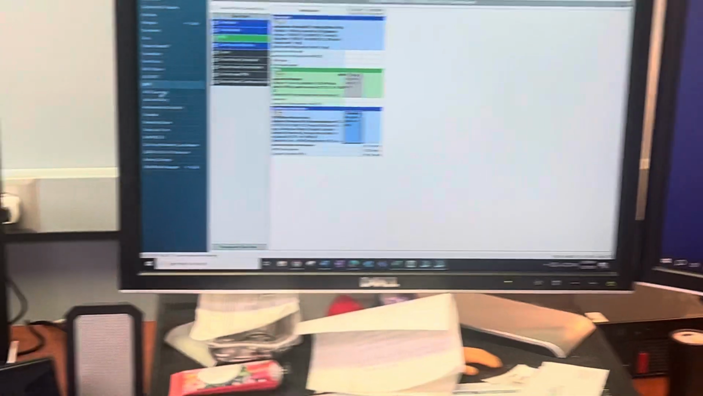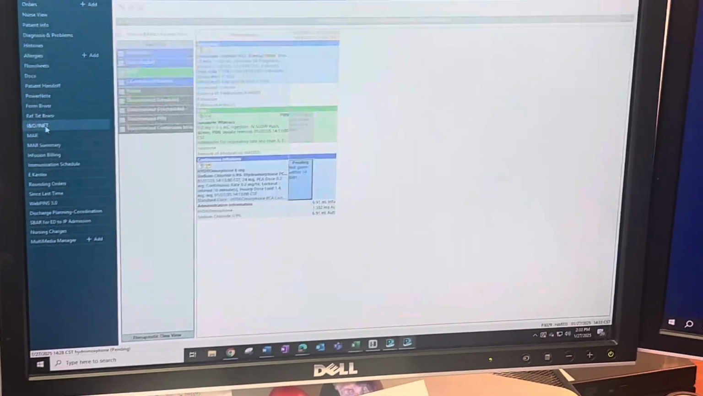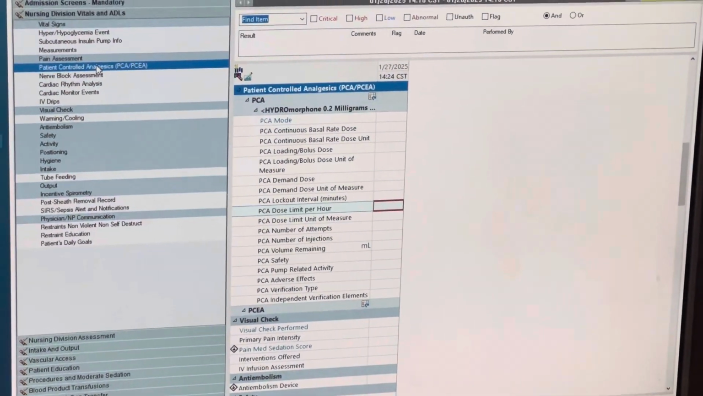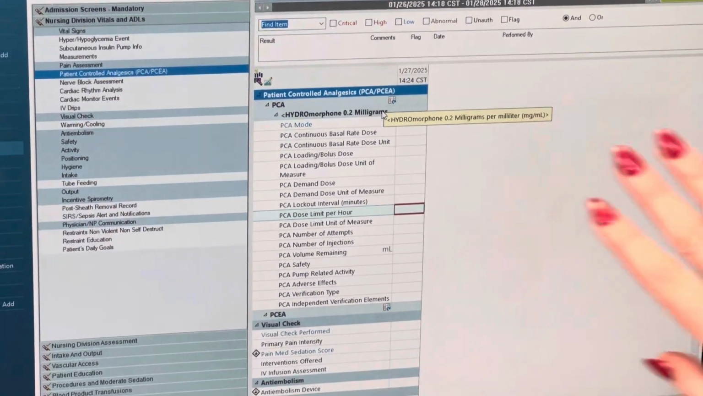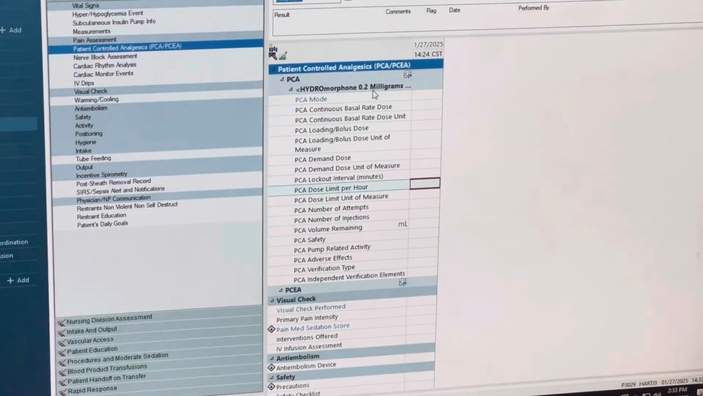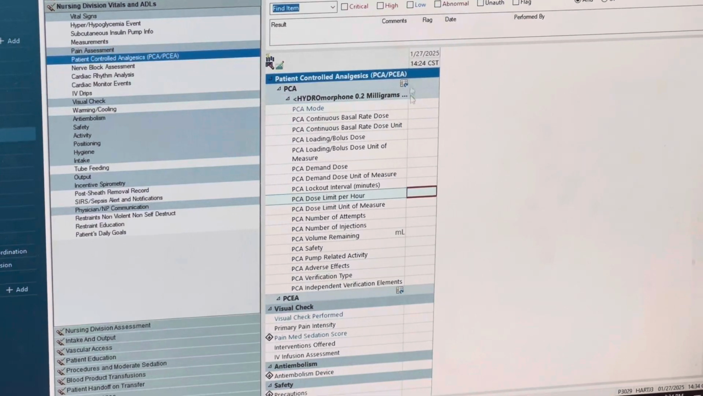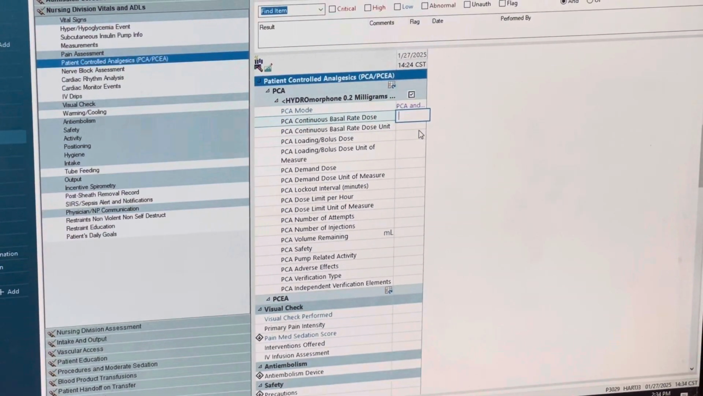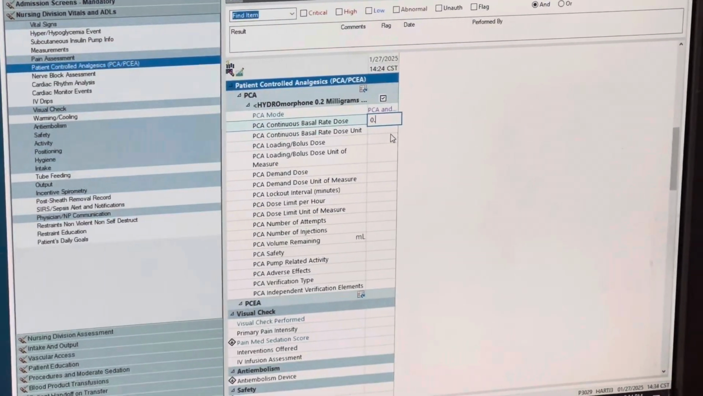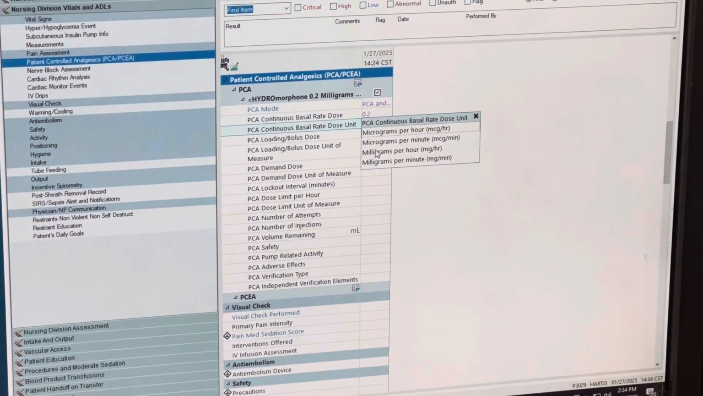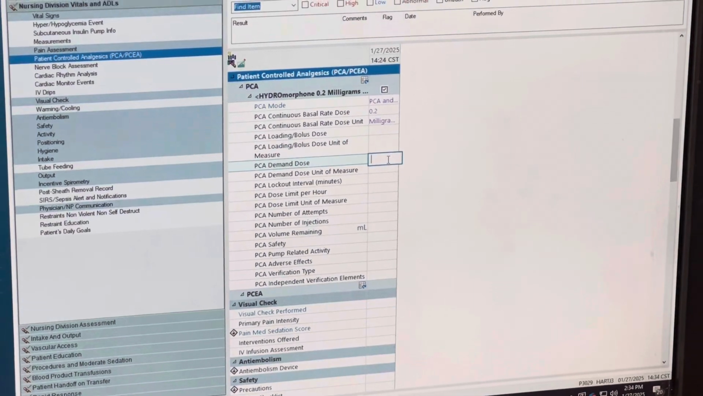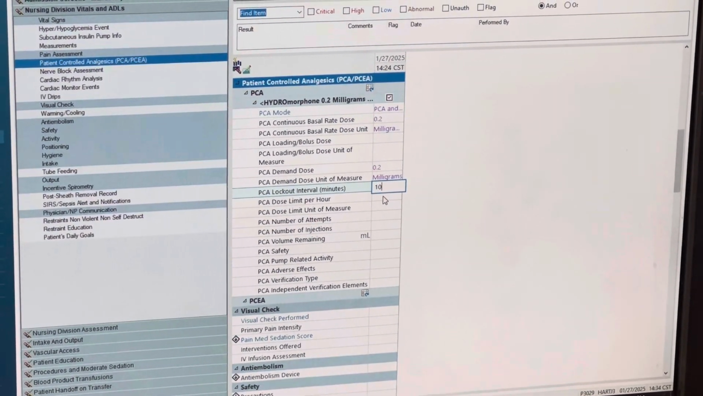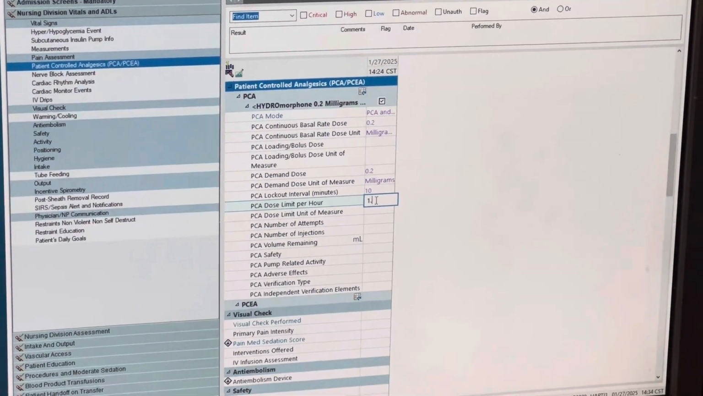So when you go to the patient's chart under the I&O/INET, you go to Nursing Division, Vitals, and ADLs, and you'll find this PCA. So the PCA has already been programmed, so it's a low dose, so it's a 0.2 milligrams per mil, and we're going to chart. So they are getting both continuous and demand dose. For this patient, they are getting the 0.2 continuous, no bolus, and then 0.2 milligrams. They can have that every 10 minutes for a max of 1.4